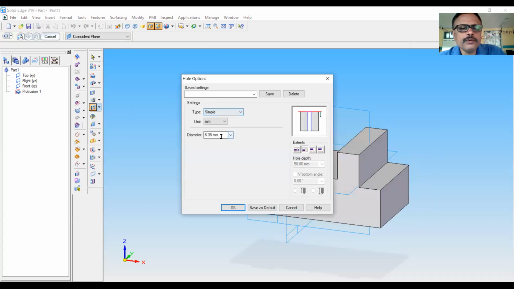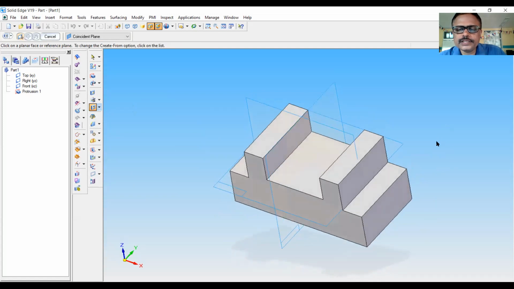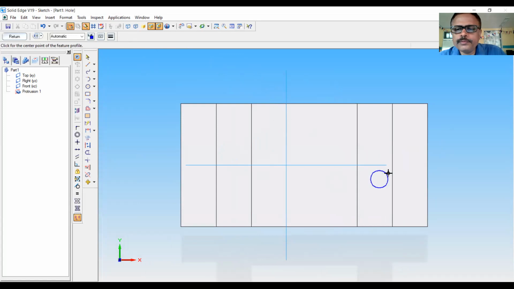It is a simple hole and the diameter of the holes is 10 mm. Press enter. Now you have to click on this surface where you want to get the holes. So I am again in sketch mode. The holes are to be located. So it is the midpoint of this line.